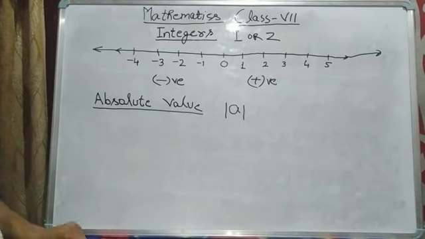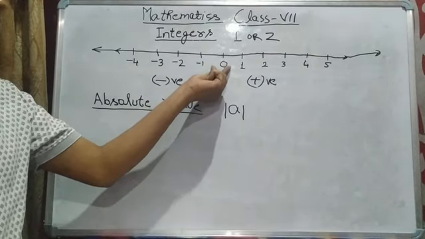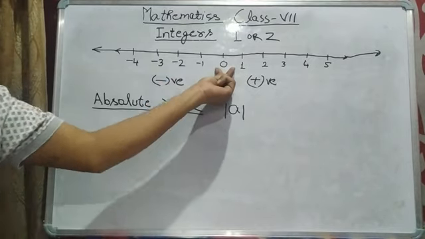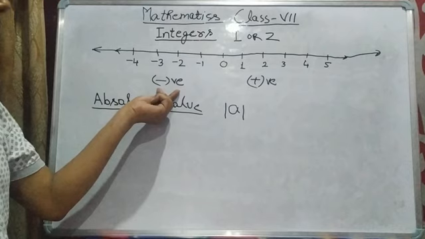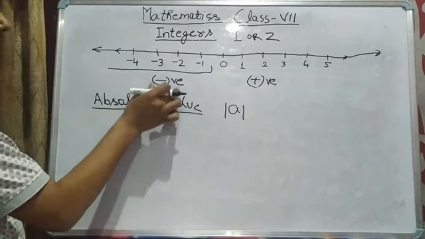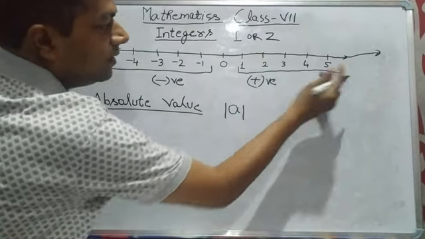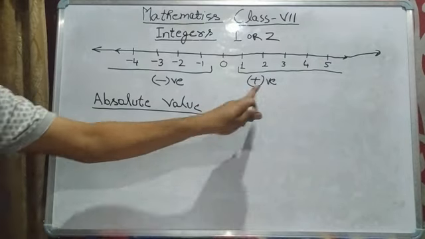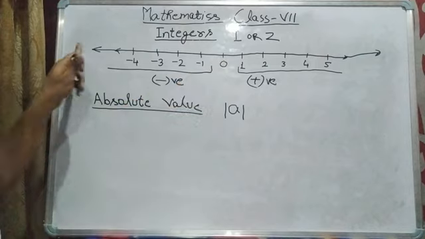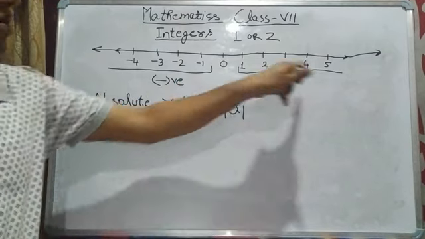So integers are the numbers which have negative values as well as positive values, with 0 also. You can see here positive and negative. If we are talking about this side, these are called the negative integers, and this side, these are called the positive integers, and 0 is also an integer. And the way to represent integers is on the number line like this. You must all know about it.